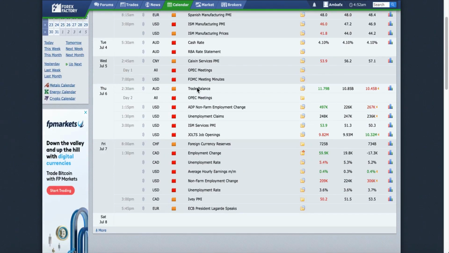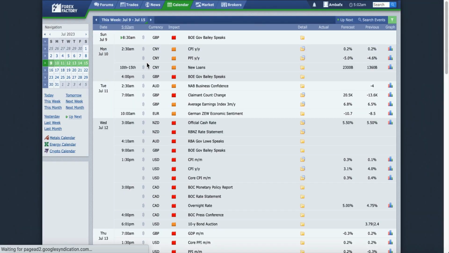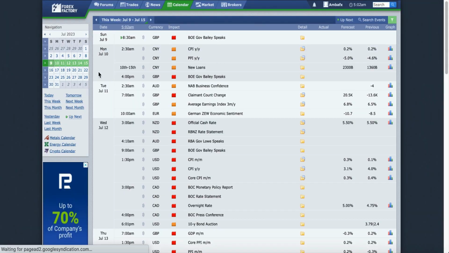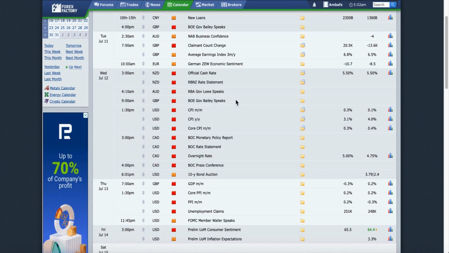And on JPY, according to what we saw on the technical last week, we saw the JPY rally at the end of last week. And then this week in the fundamental report on Monday, we have the Bank of England governor speech, that is the UK Bank of England governor. We have a speech right there on Monday. And then Tuesday, there's not really any fundamental on Tuesday, except for the climate change count from the UK.